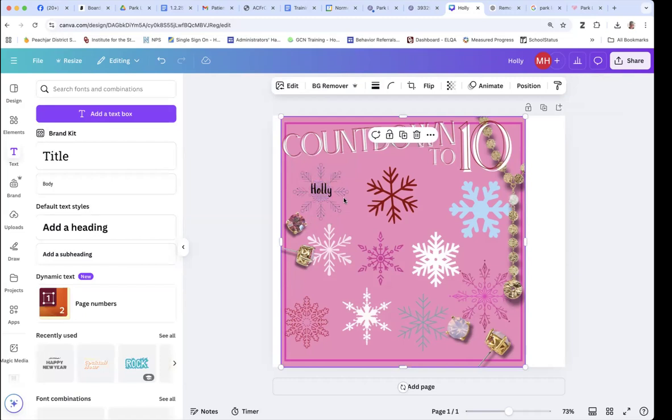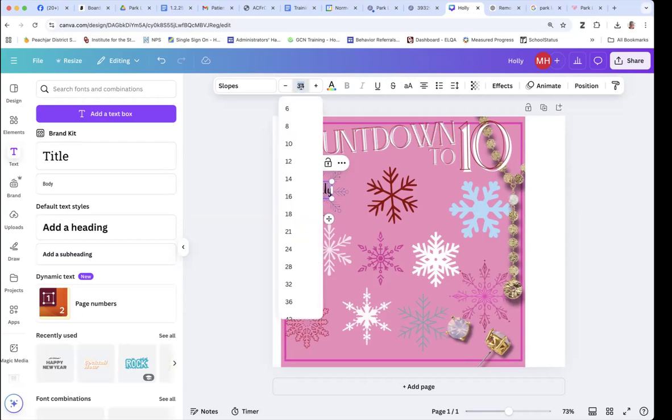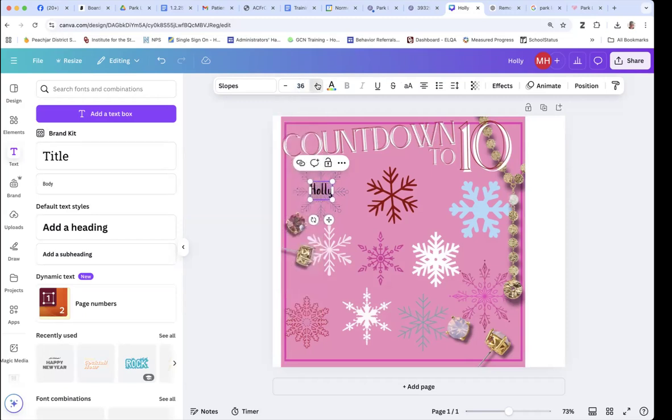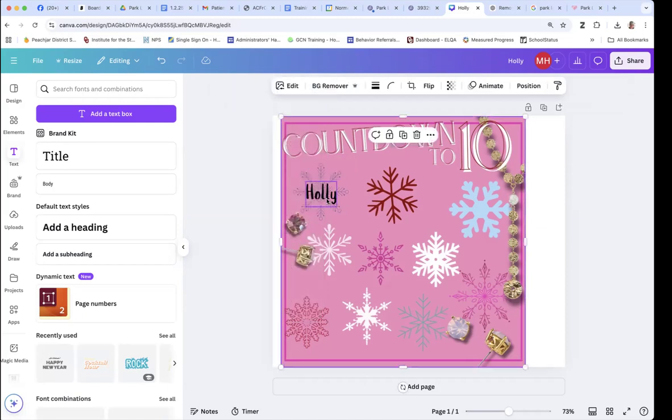Say I land on that font, but I want it bigger. Again, I just highlight the name, go directly above here where it has these numbers. You can hit plus if you wanted to go up a little bit. So I'm going to hit plus till I like it. Or maybe you already know, maybe I want it 50, this font 50 is big enough. And then you can go back through that process again, or if you just want to copy and paste, click on